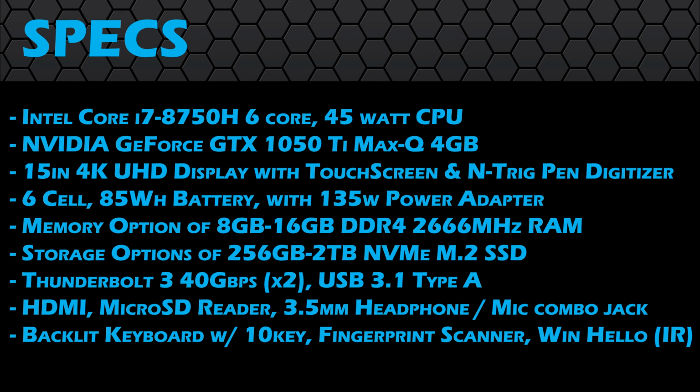Now, configuration-wise, this version is the 16 gigabyte model with the 256 gigabyte NVMe drive, which I'm going to go ahead and upgrade to a 1 terabyte Samsung drive later in this video. I also went with the Poseidon blue color and will compare it to the dark ash silver color that my previous generation Spectre has. Now, with the specs out of the way, let's go ahead and take a look at